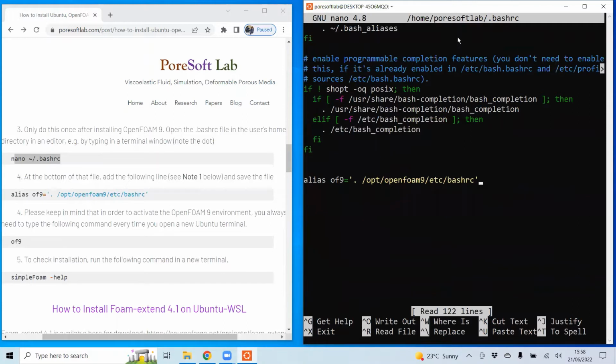And here we need to copy this alias of9 command, and then paste it here.